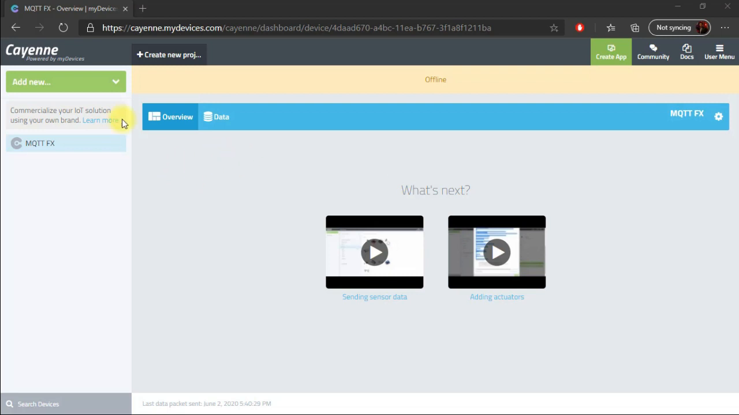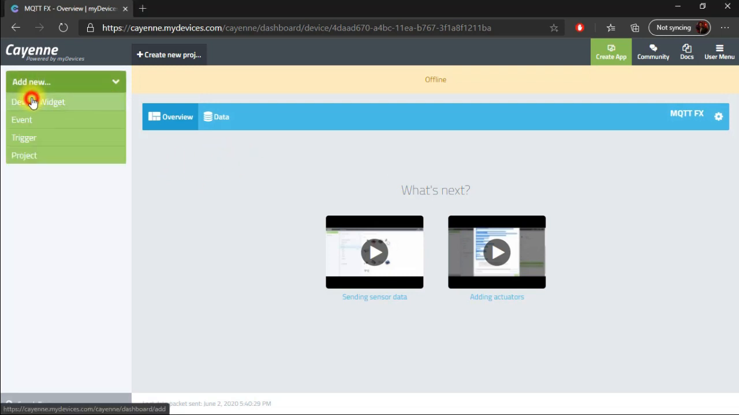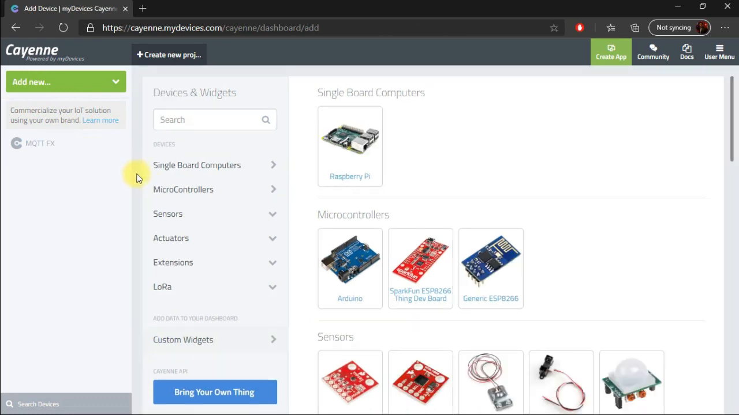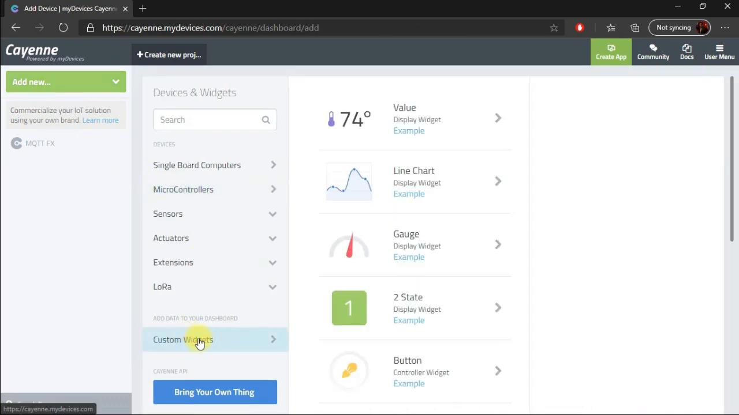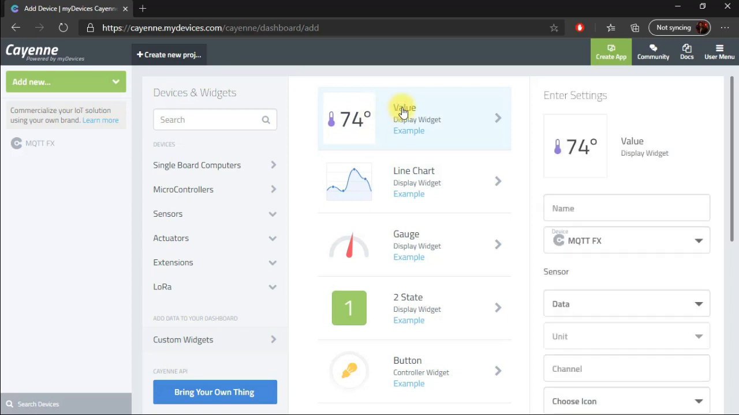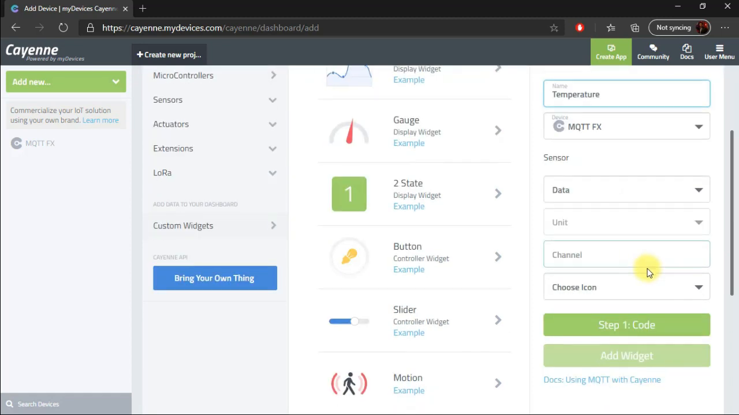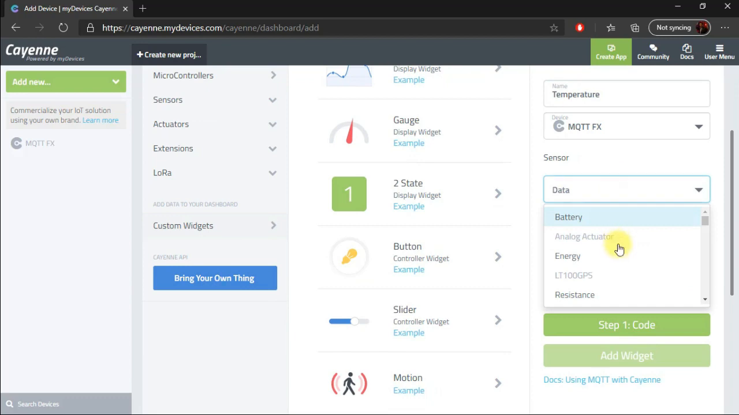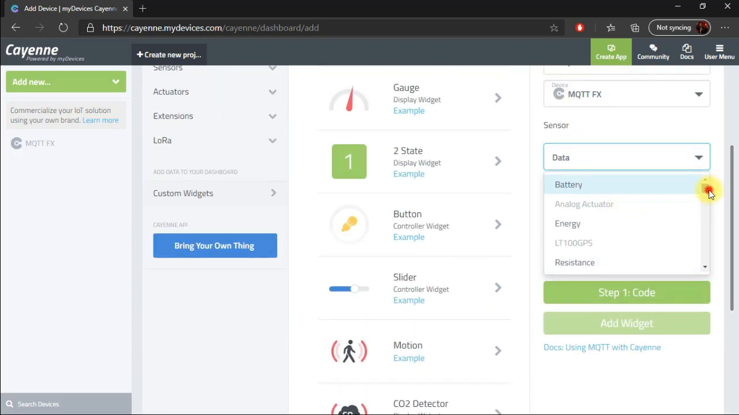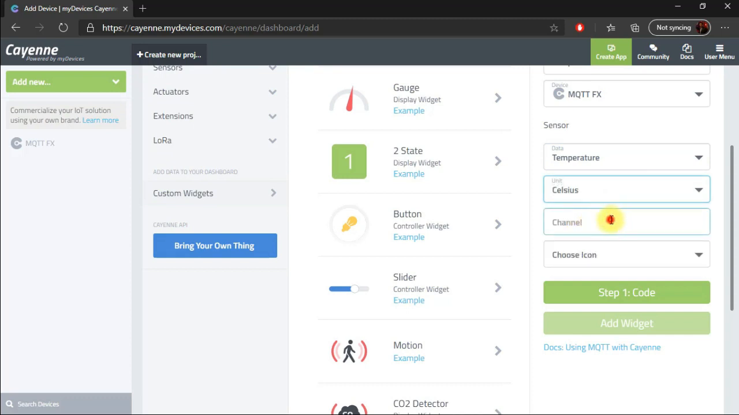So we will go to add new, add a widget, and I will create my custom widget. It will show me a value, so I will take a value. I can give the name temperature. Now it will receive the data in the form of temperature, so I will choose data as temperature. So here is the temperature. Unit will be Celsius. Channel is from 0 to